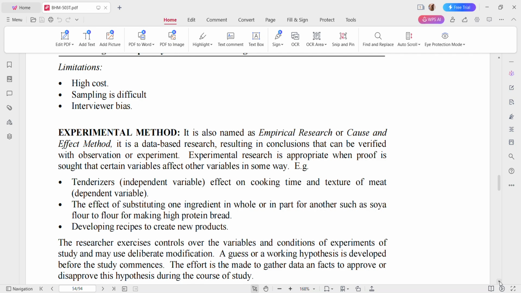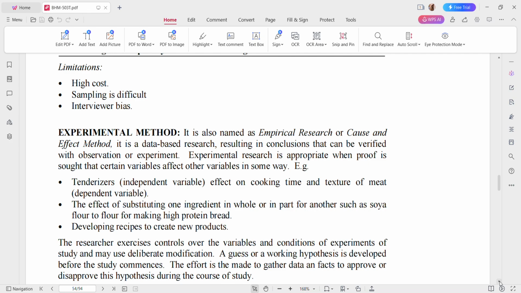Okay, so mayroon tayong tinatawag na independent variable, mayroon din tayong tinatawag na dependent variable. I'm sure you are familiar with this, no? Kasi nadidiscuss ito sa types of research. Okay, so the effect of substituting one ingredient in whole or in part for another, such as soya flour to flour for making high protein bread. Ito yun siya. Like, sa experiment na ito, kung gusto mong malaman kung mag-add ka,